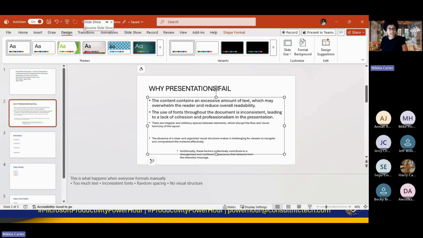The spacing is a bit more consistent. Even with me just going to the next bullet, it automatically put a line and a half of spacing in there, as opposed to me trying to eyeball it. Now, there are times where you really do need these extra text boxes, and we'll go over that in a minute. But a lot of times you're going to want to have everything uniform. You can also use, let's say, for example,